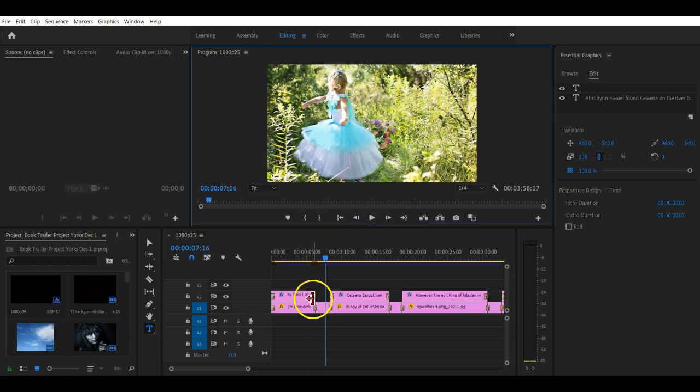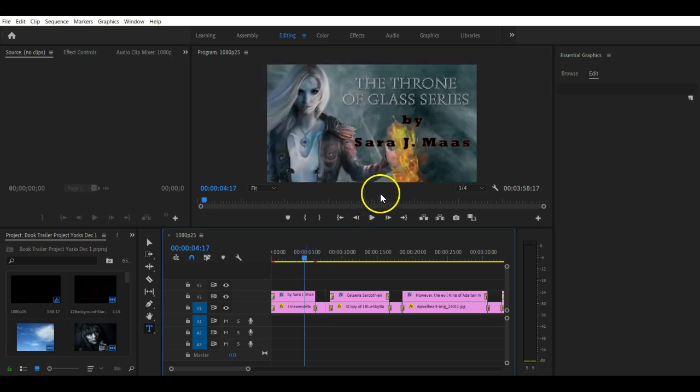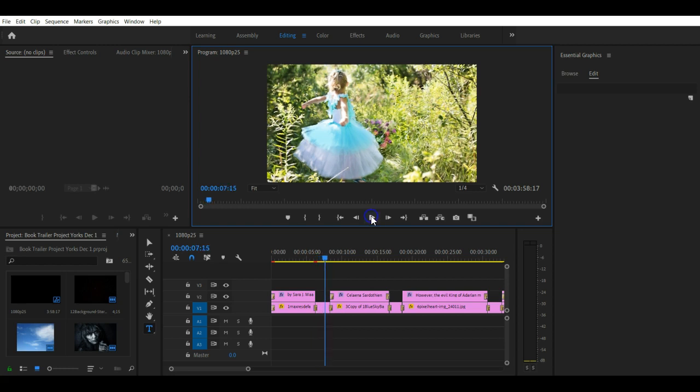So if I remove this transition, so just right click and clear, and then I hit play, she only circles once. So it's just kind of fiddling around with the transitions. But please go through all of your text slides and make sure that there is enough time to read them. Once you finish that,